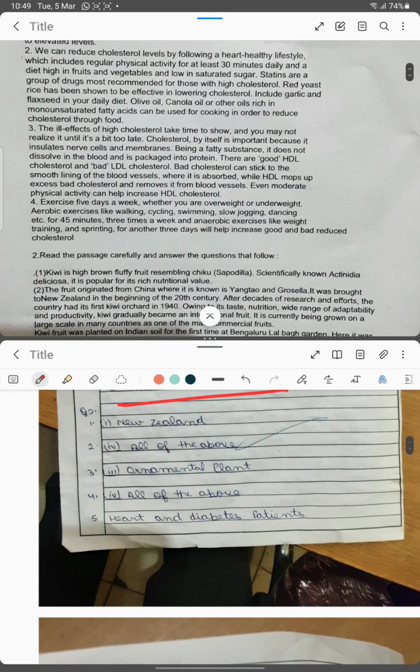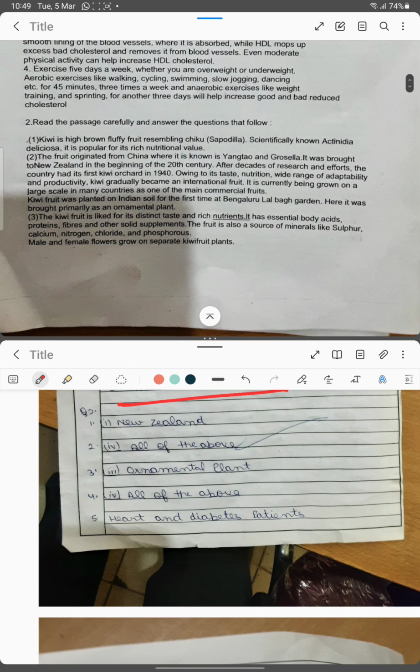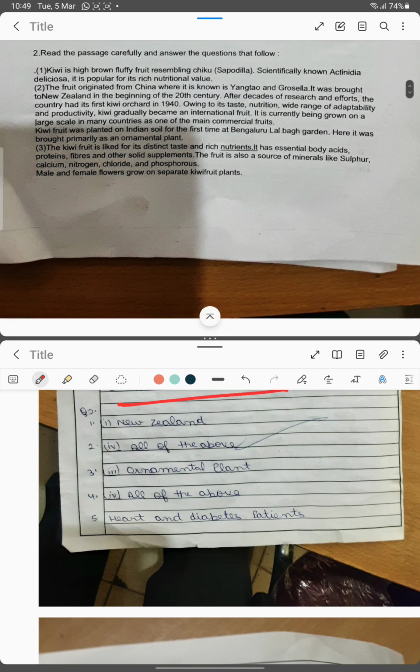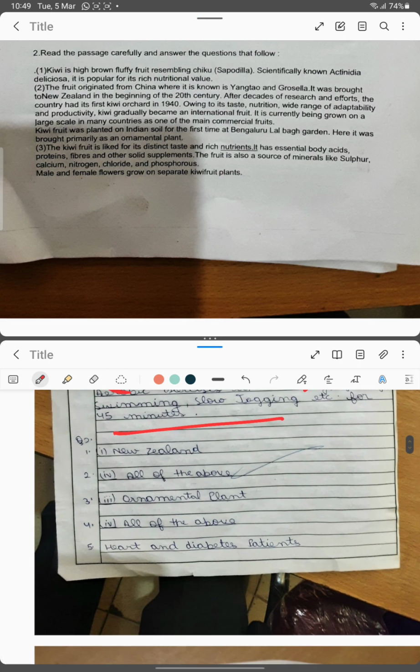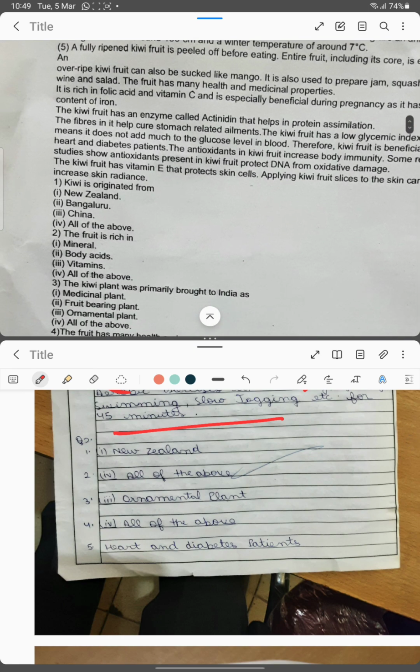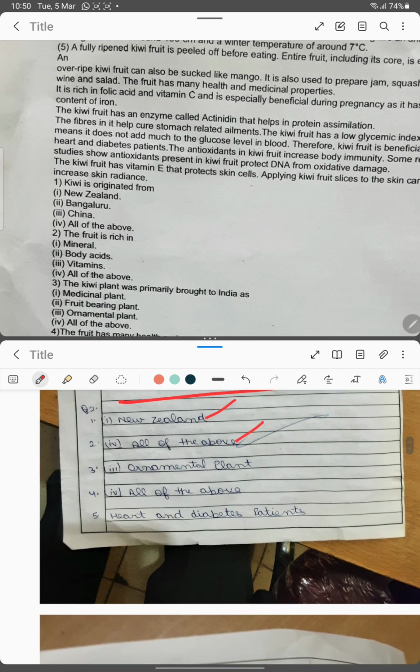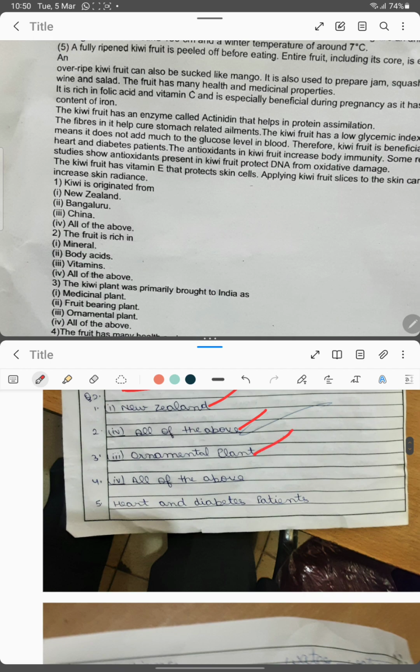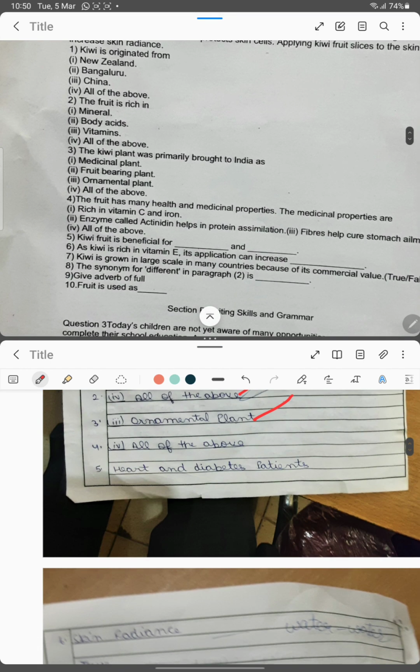The second one is again a passage, an unseen passage is given, and the short answer types, 10 questions are to be answered, and in response to that you can see kiwi originated from, it is New Zealand. The right answer is written. The fruit is rich in, it is rich in minerals, body acids, vitamins. So all the options are correct, it means all the above. Similarly, it was used for ornamental plants. Fourth question, the fruit has many health and medicinal properties. The medicinal properties are